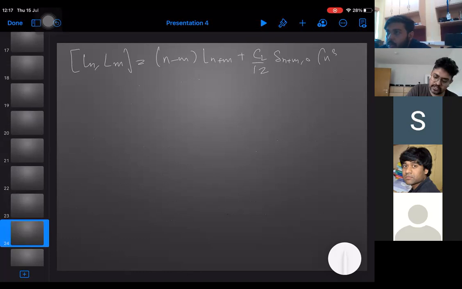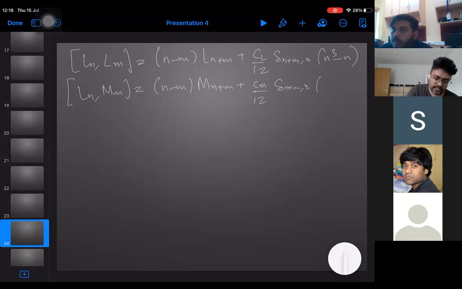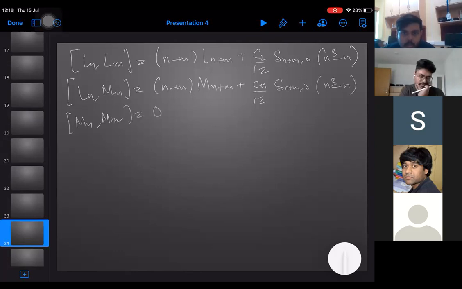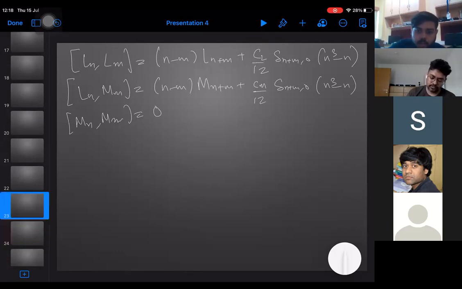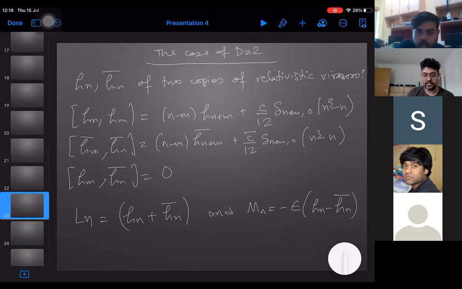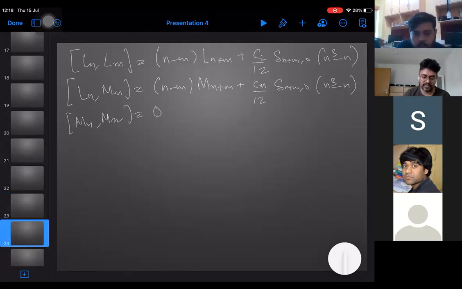The commutator with L_n is this, and for this M_n it will be the same thing, but with this M, and you have the central term c_M, and both commute. So the fact that this algebra is a non-relativistic limit can also be understood by looking at the familiar representation of the Witt algebra in terms of the holomorphic and anti-holomorphic coordinates. We have just seen that you do a linear combination, take the limit, and you get back your 2D GCA algebra.